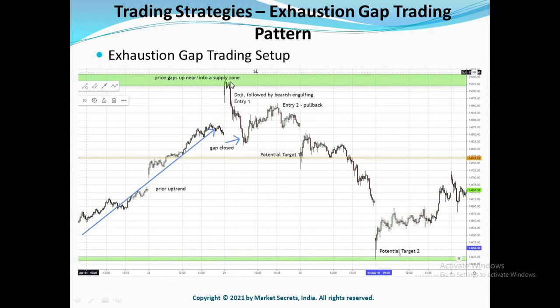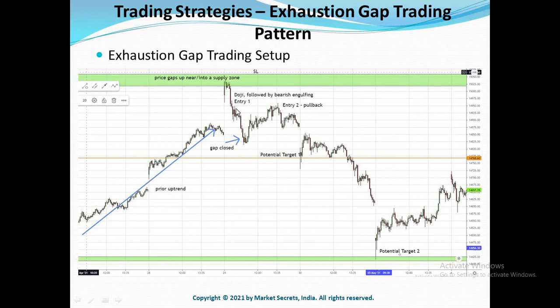And when it comes to the importance of volume, as I always say, volume is the most important thing that you need to check for in any technical pattern. This is applicable for gaps as well. It will be considered a double confirmation if the volume is thin when the price remains range bound and the volume shoots up when the price forms a reversal candlestick pattern. So the volume should be thin around this area, and once this big drop is happening, if there is huge volume, then it will be a double confirmation. Also, when the price fills the gap and closes below the gap, it will have much more volume. This is a big confirmation as well.